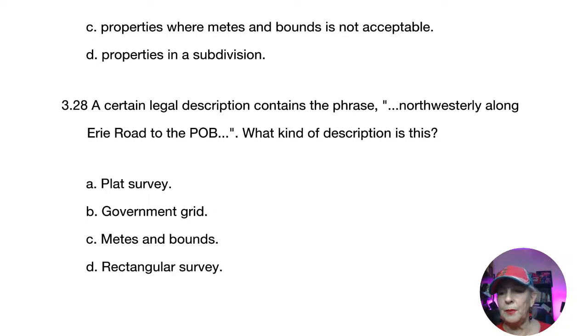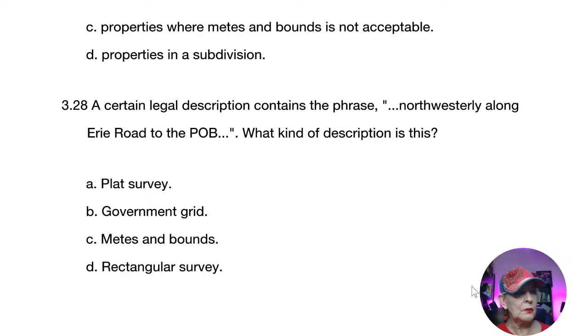Metes and bounds description identifies the point of beginning and describes the distance and direction from that point. Okay, so you start here, you go up here to the beginning to define the property's enclosed perimeter. So the beginning monument marker ends up being the end monument marker until they get around the whole property.